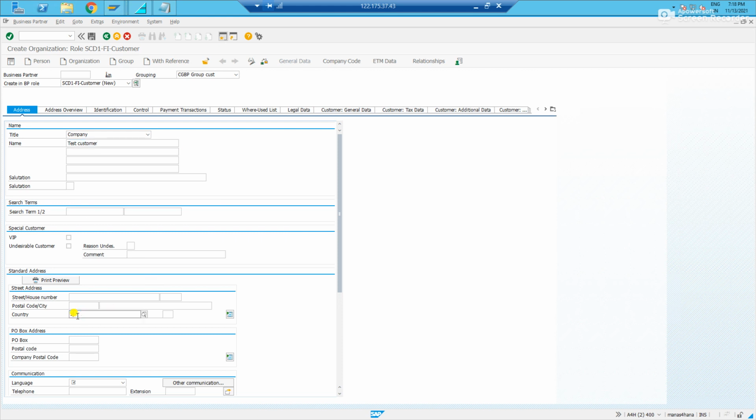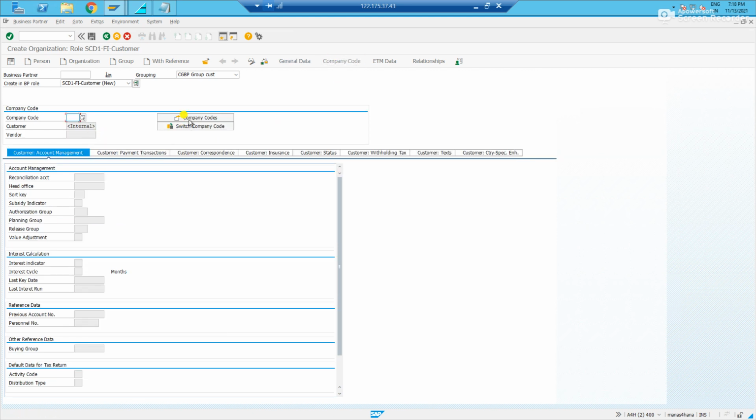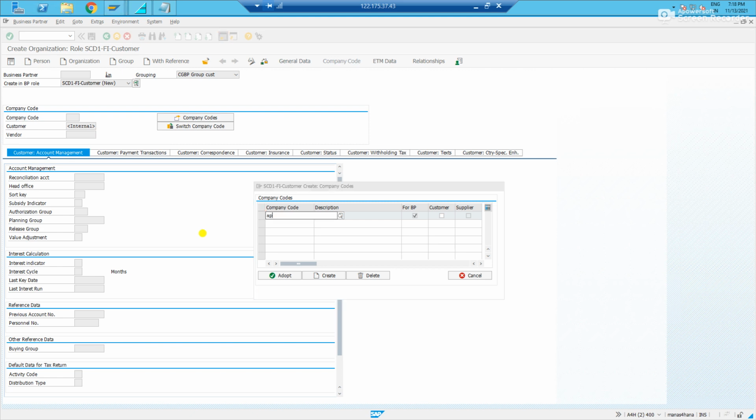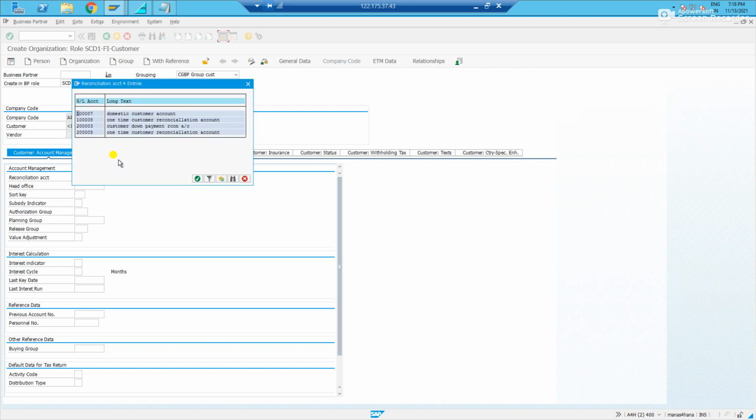Okay, let me fill in the mandatory information. Let me select the language. Yeah, done. Let me go to the company codes. Again, I'll add AP07. See, this time based on the BP role, it has enabled for a customer. The customer reconciliation account is mandatory.